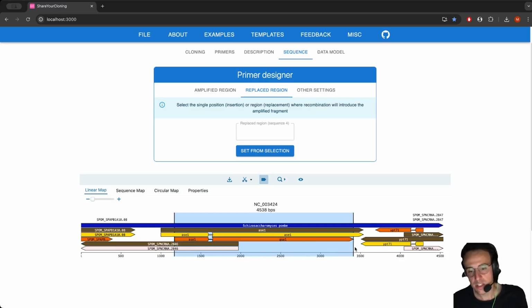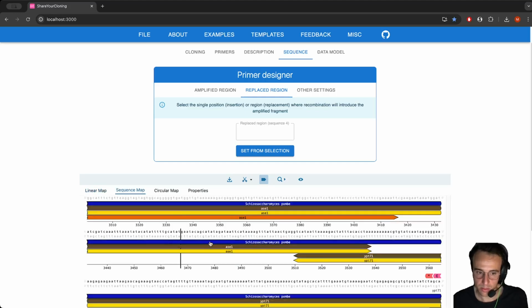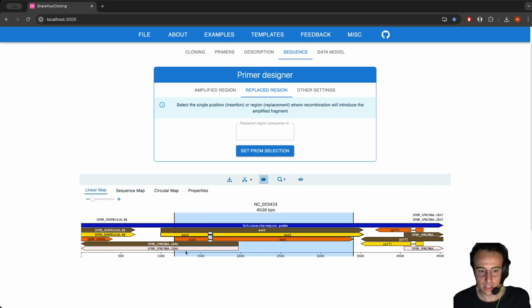And also, if instead of replacing we wanted to make an insertion through homologous recombination, we can just select a single position and we can use that as a position for the insertion. Of course, for that we would probably want to go in more detail to select exactly between which two bases we want to do it. But anyway, in this case we want to delete the CDS of ACE1, so we select it and we click